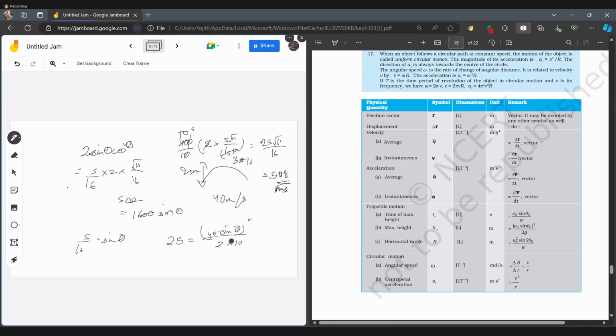Okay, maximum height is v square sin square theta divided by 2g. Okay, then we sin 2 theta. So when we do here,